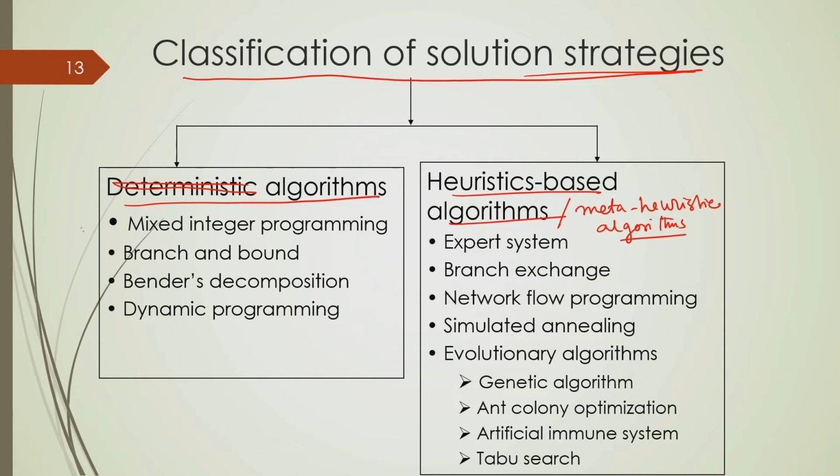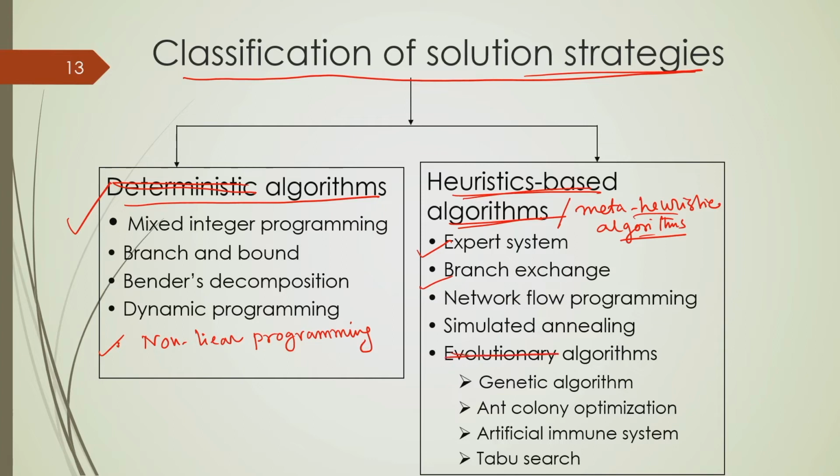So, in this category different mathematical optimization algorithms are used, which include linear programming, non-linear programming, and there are several others. And in heuristic or meta heuristic based algorithms, there are expert systems, branch exchange and some of the population